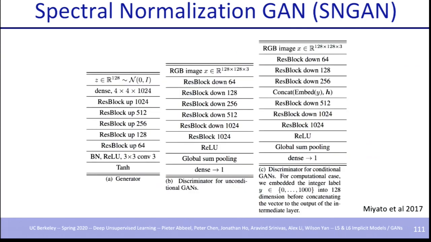So here's the architecture of SNGAN. I'll still tell you how they implemented the spectral norm very efficiently. But the architecture is very, very similar to the WGAN-GP architecture. It uses downsampling for the discriminator and upsampling for the generator. And the labels, if you work with labels, are just concatenated at some point in between in your discriminator. And in your generator, they're used in something called conditional batch normalization, which we'll look at in the next slides.